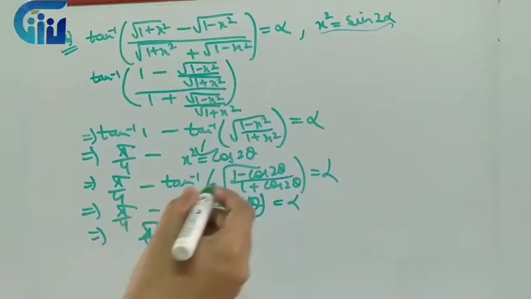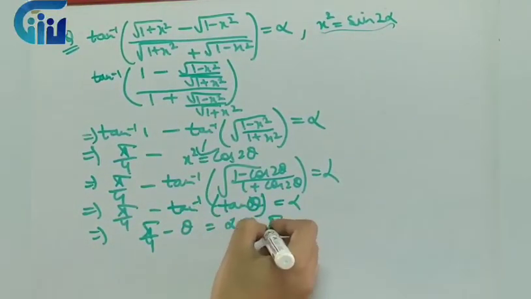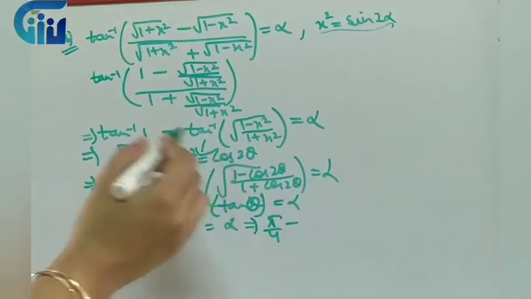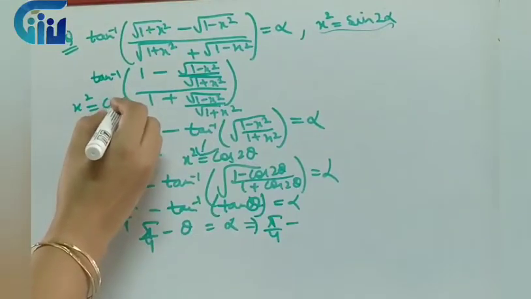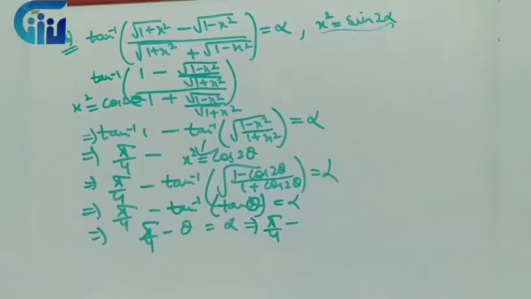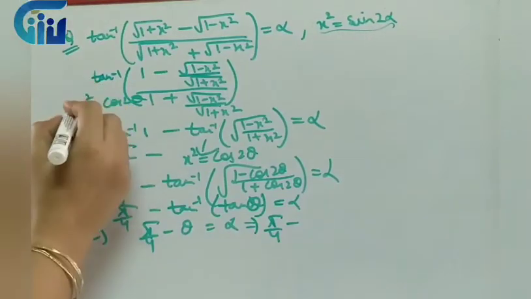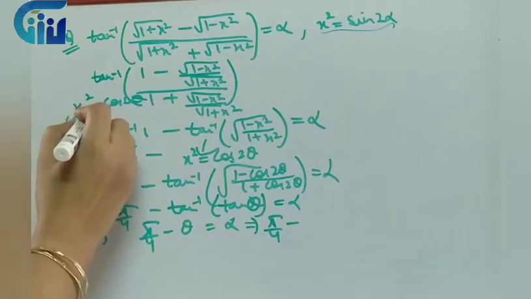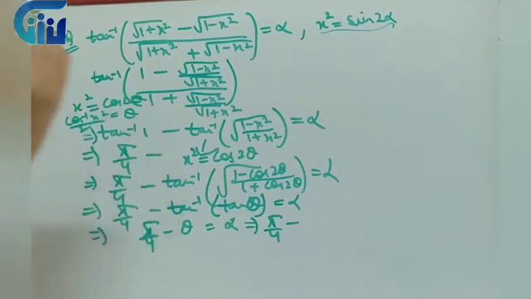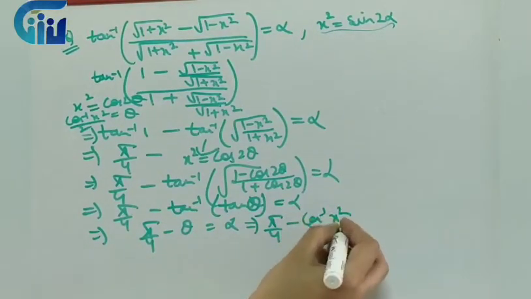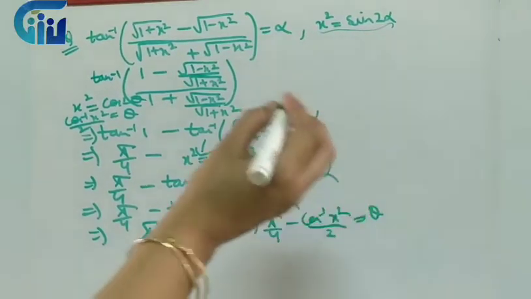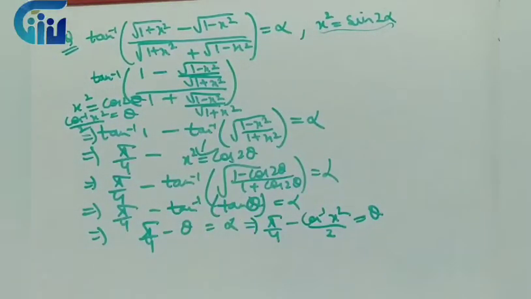So before substituting anything, what I'll do is I'll divide numerator and denominator by under root 1 plus x square in numerator as well as denominator. Now if I observe it closely, I can write it as tan inverse 1 minus tan inverse of this 1 minus x square upon 1 plus x square. This is given to be equal to alpha. If I see the formula, tan inverse x minus tan inverse y, tan inverse x minus y upon 1 plus xy, right? Now, tan inverse 1, this will be my pi by 4, no problem.